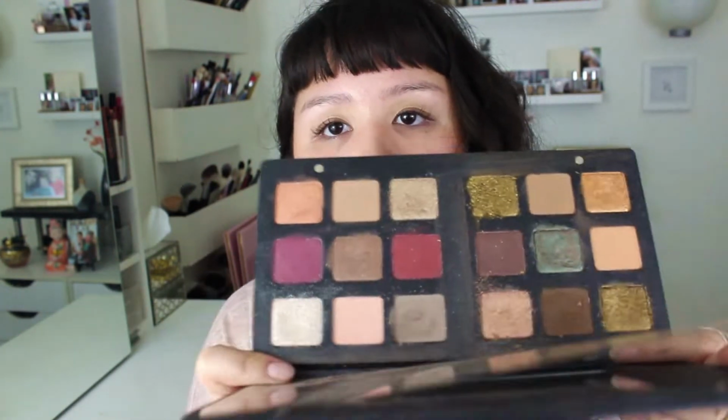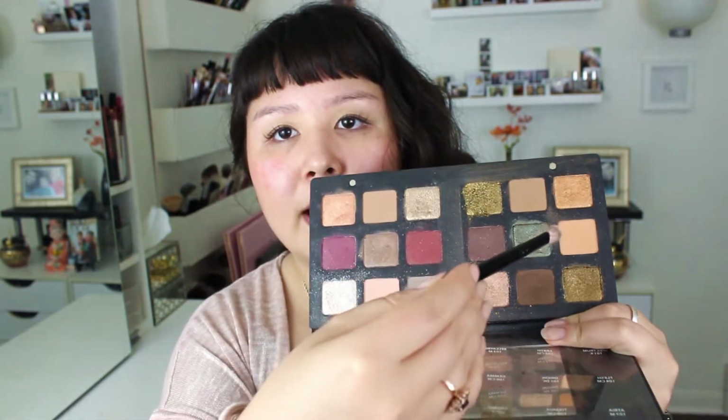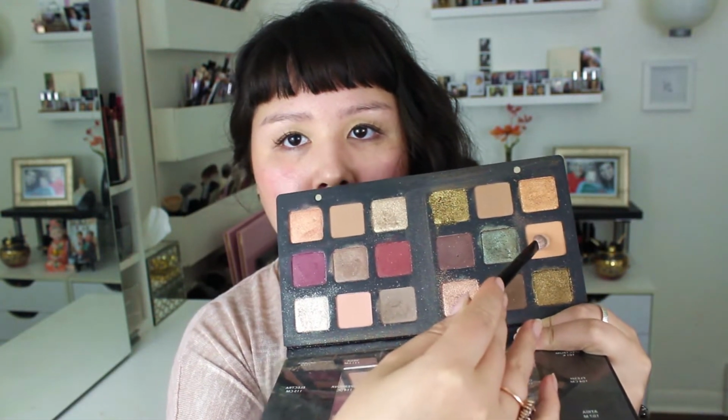It's pretty. Today I'm using my Star palette from Natasha Denona. I'm going for a really pretty gold look. I'm gonna start off with the matte shade Flesh right over here with my Wayne Goss number 18 brush. We pat the shade